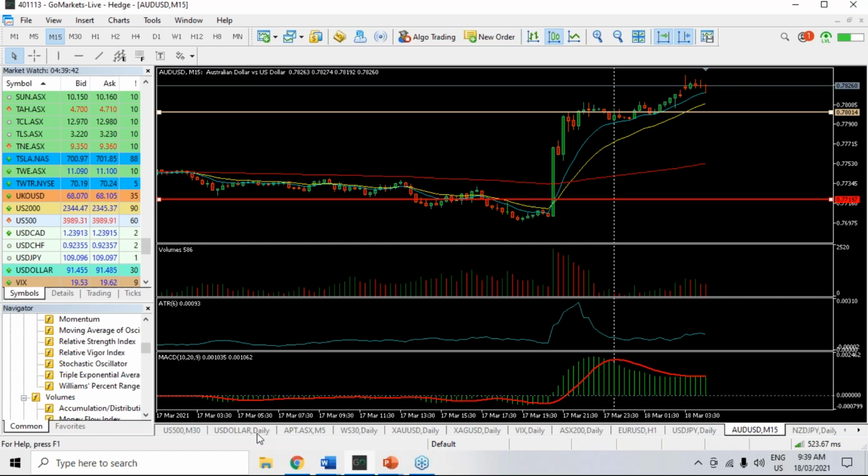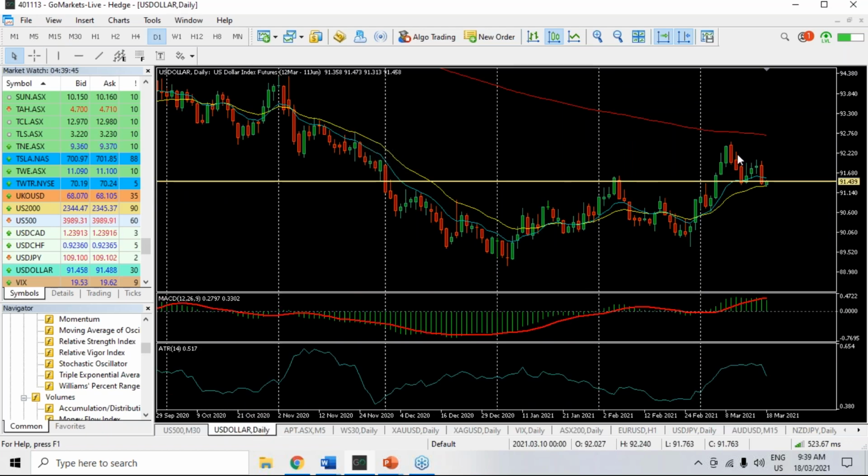Now, while we're here, let's just quickly look at the US dollar index. Here's the daily chart of that. Now, as market tensions about the Fed were starting to rise, and the market response, or the bond yield response to what the Fed might say, was increasingly becoming concerning, we saw the US dollar creep up. That's all been removed in one hit overnight. We are slightly higher in Asian trading today, which is interesting because, of course, equities are higher as well at this stage. So what does that mean? Well, it means that we've essentially reversed everything with the USD, so we should see that in the US dollar pairs.